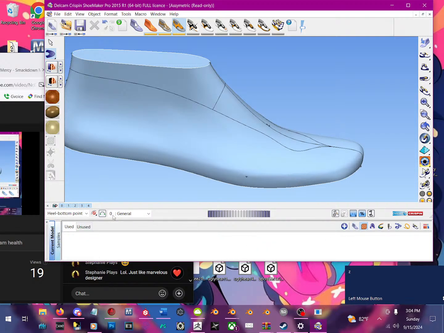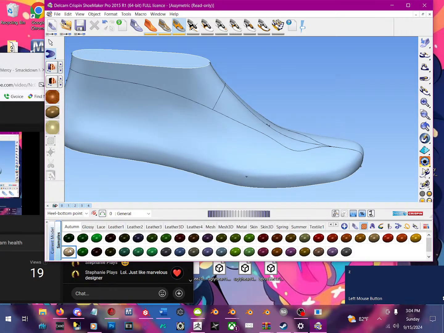So what you want to do is go down here to the bottom line and look where it says open materials and double click on that. Now it may come up blank, or it may show the things. I'm not 100% sure. Just go to samples and double click on that and it will give you